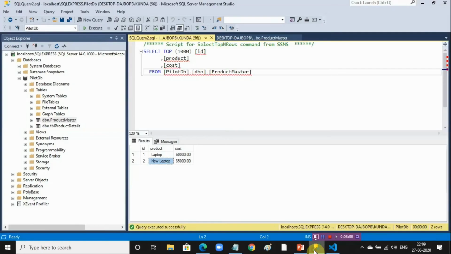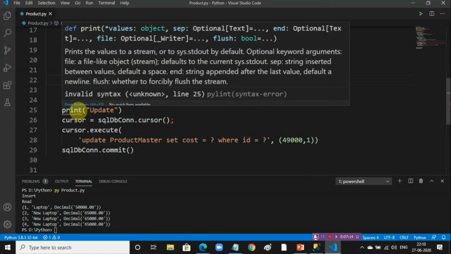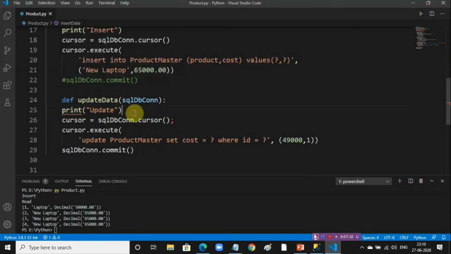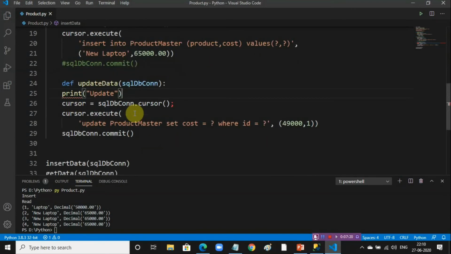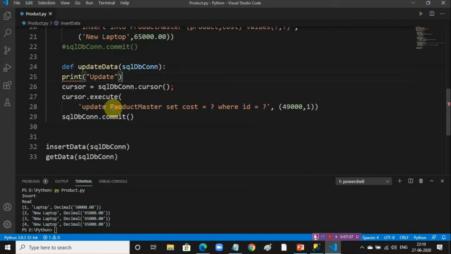I'll pass the id 1 and I'll change the cost of that product. I'll call that function as well.